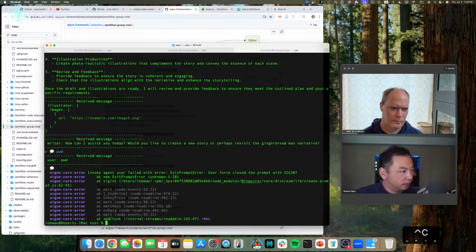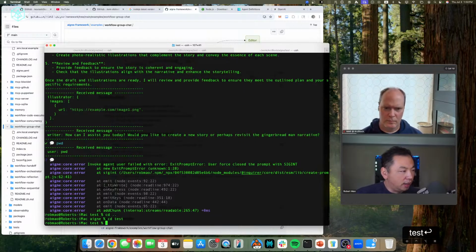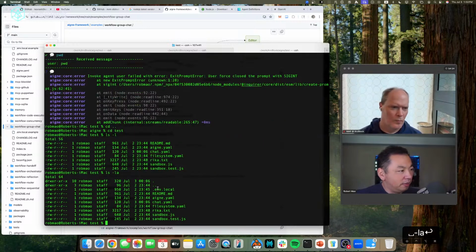Sorry. So what I intend to do is to show that without the API key. But I was in these test folders. Let me show you. Why does it have the API key? Because I have an environment.local set up.